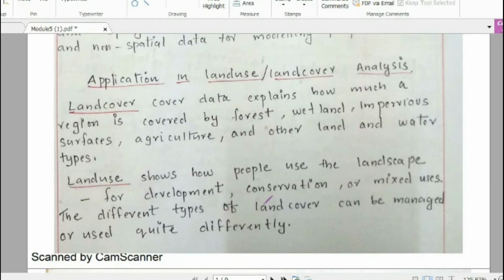But in an area, if the land use rate is not that high compared to the land cover, in that case, we will say that the urbanization is less in that area, or urban sprawl is less in that area. Because the natural covering of the surface is maintained over, say for example, an analysis of 10 or 20 years. Just as an example, if you are selecting a particular area over a span of 10 years,